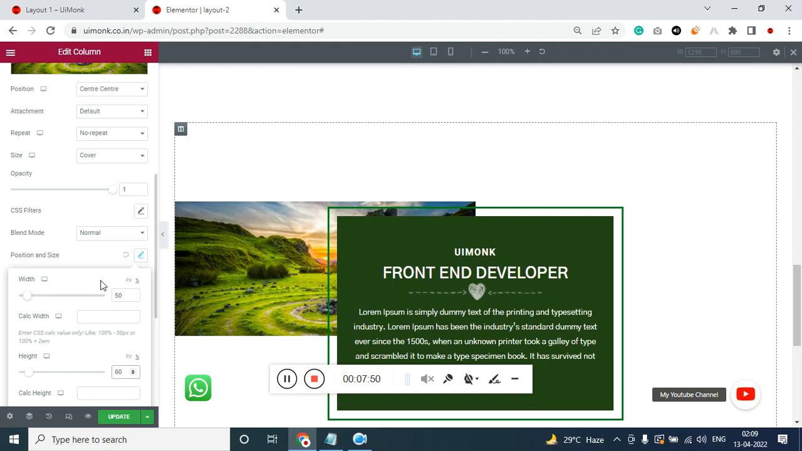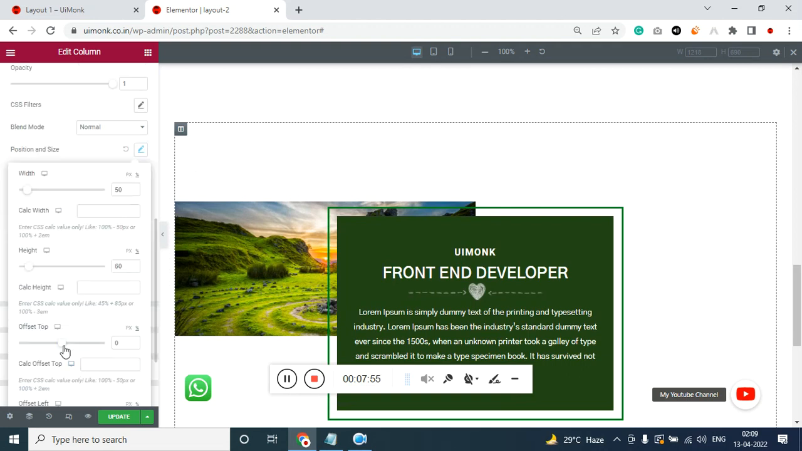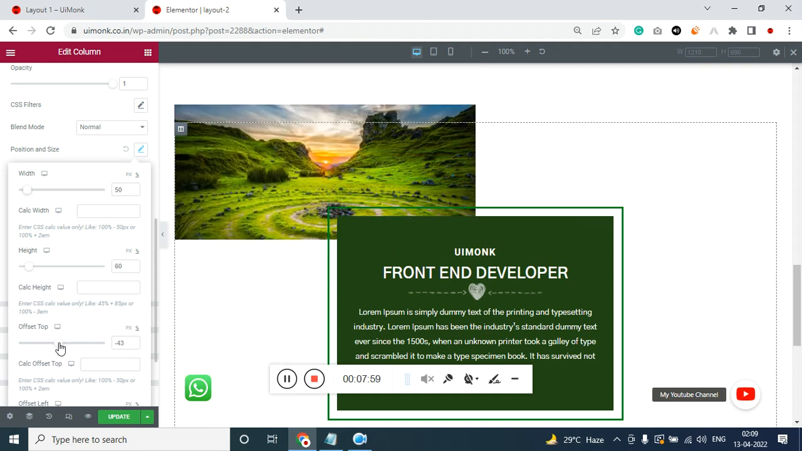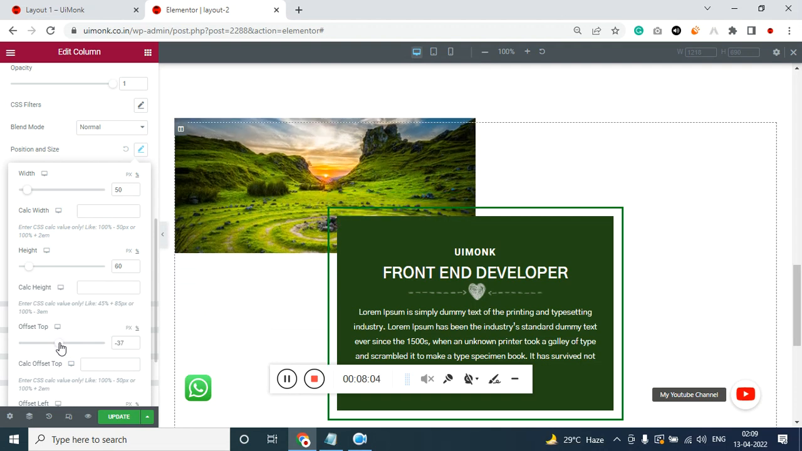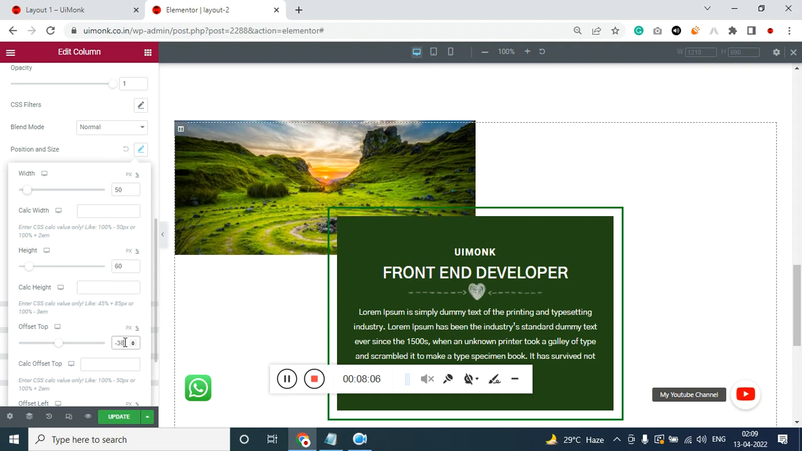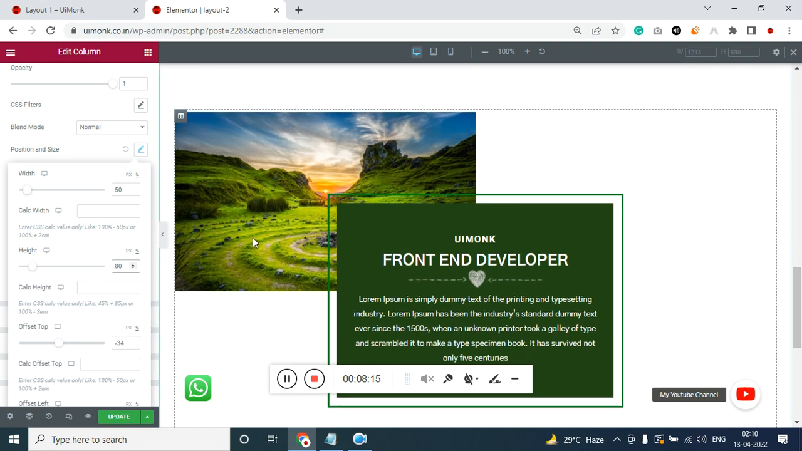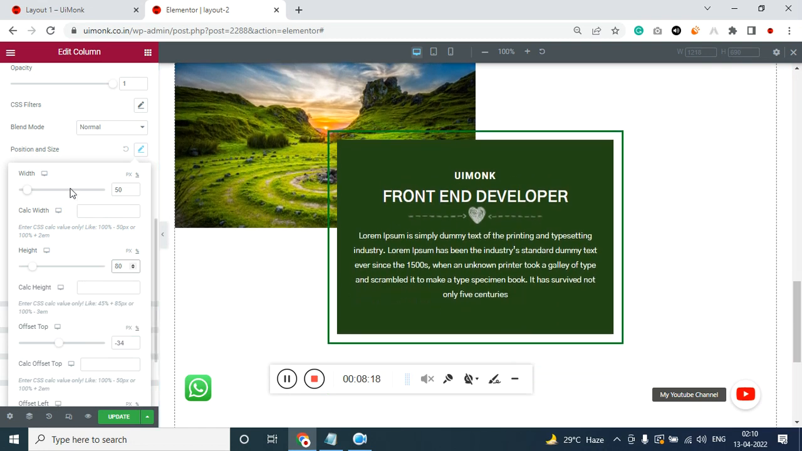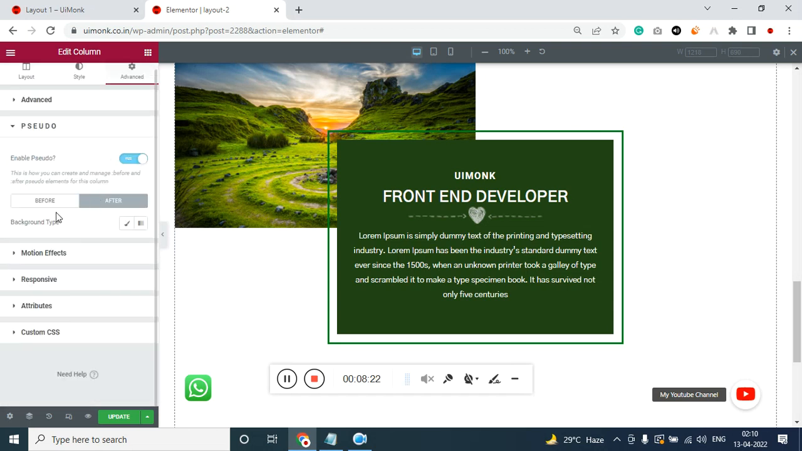And we can have the height of 60 or anything, and we can have the position offset top somewhat to this. Now you can adjust it according to your will. You can increase the height as well, 60 to 80. Now the same way you have to click on after, select the image,